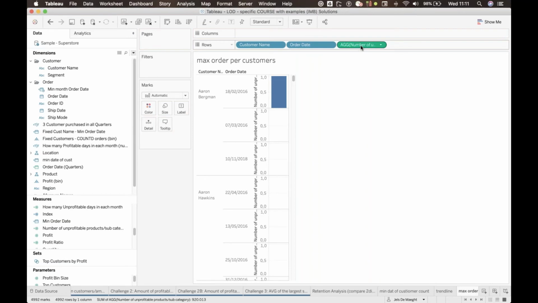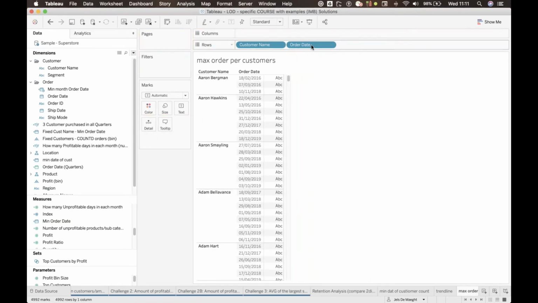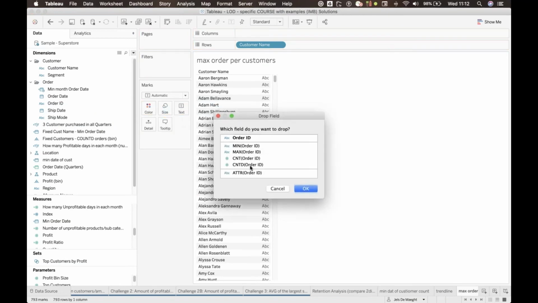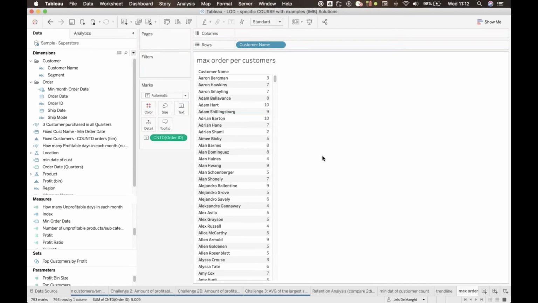I dragged in one wrong one. I need to count, and I tried it with my fast select key, order ID on text, and I want to count. And you can see a list popping up, and this is done without any